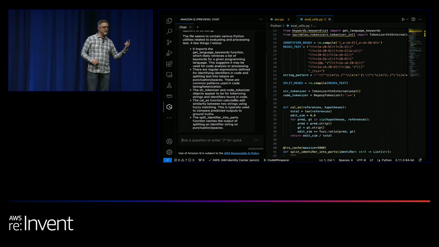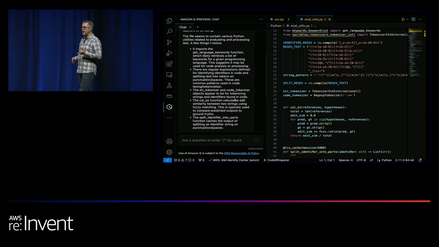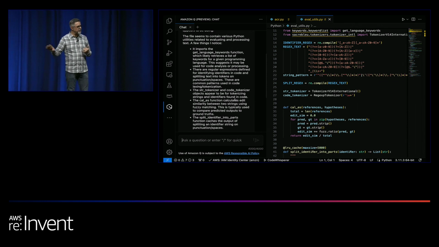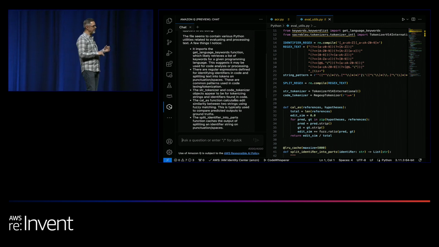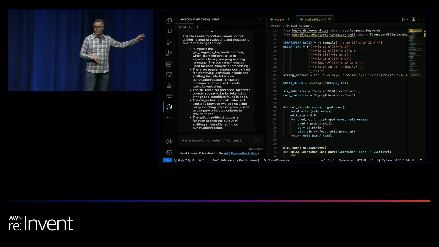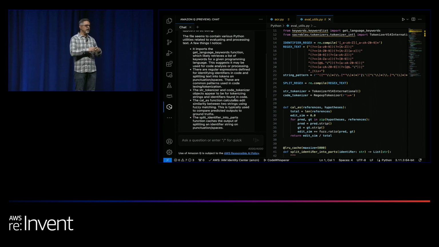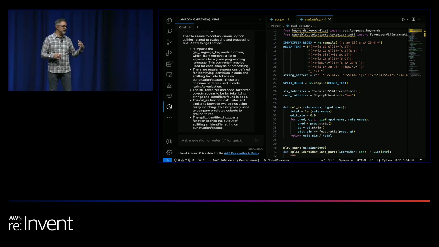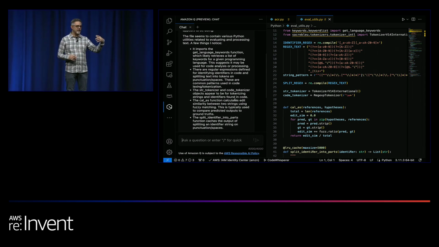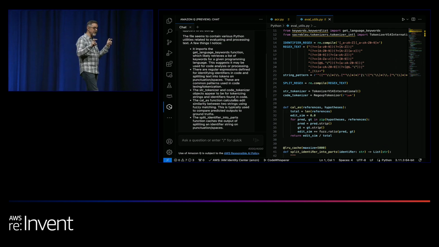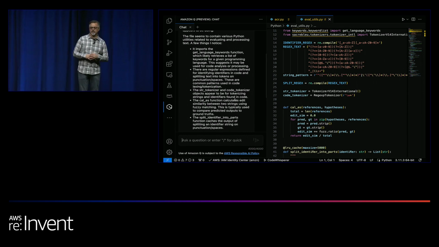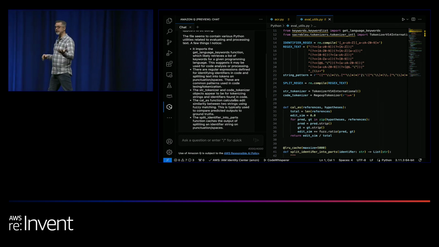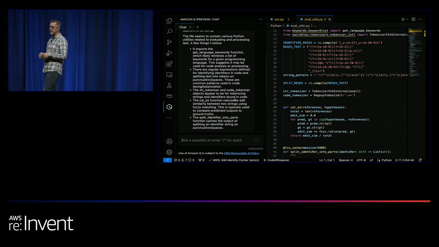The one or two exceptions are that you don't have access to the customization capability that Ankur was talking about, because that's part of our professional tier. And you don't have access to the code transformation and feature development capabilities I showed as part of Q, because those are also part of the professional tier. If you have an organization and want to try CodeWhisperer out, you can set up Identity Center in your account and sign in with your Identity Center credentials, and then you're in the professional version of CodeWhisperer. It costs $19 per user per month, and all of these things are available for you to try, including the customizations, the feature development, and the code transformations.